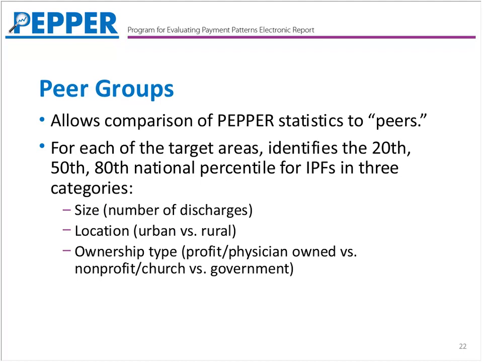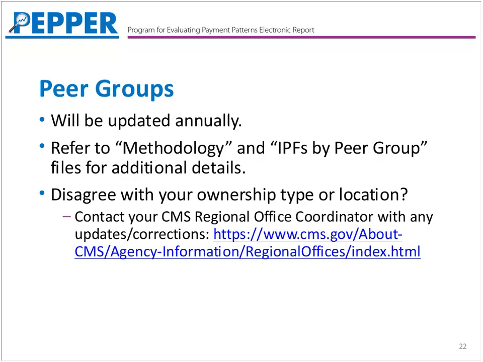20th, the 50th, and the 80th national percentile for IPS in 3 different categories. So we're looking at size, which is based on the number of discharges, location, urban versus rural, and also ownership type, for-profit or physician-owned versus nonprofit, church-owned versus government. We do update these peer group bar charts annually,